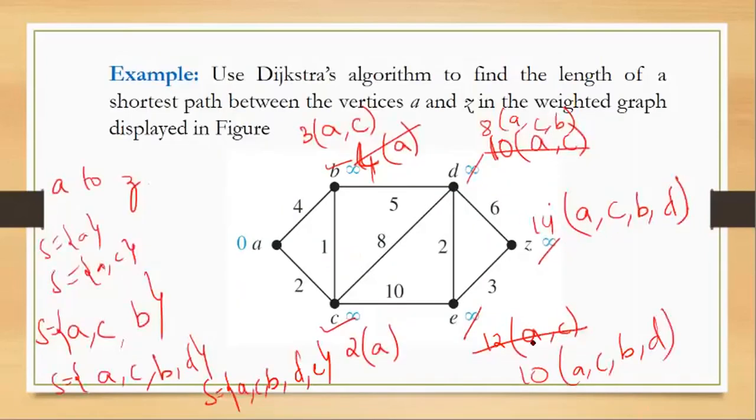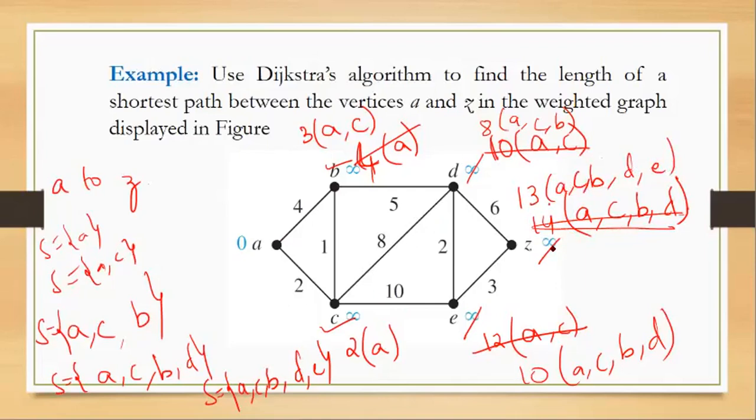Now here you have 10. Now you have taken E. From E, if you go to Z, A, C, then B, then D, then E, and then Z. So if you add 10 plus 3, it will be 13, which is less than the 14 that we have originally got when we traversed from D. So this can be changed to 13, A, C, B, D, and E. Okay. So from A to Z, this is the shortest path that we can take to reach the destination or